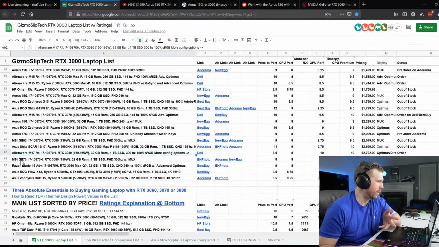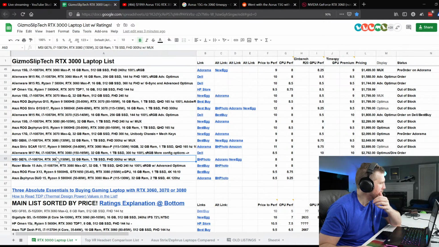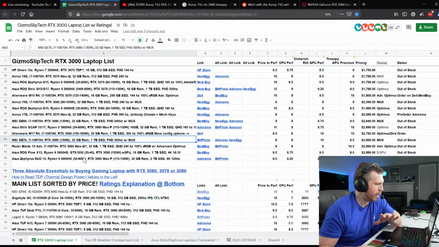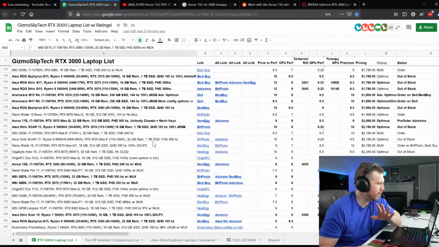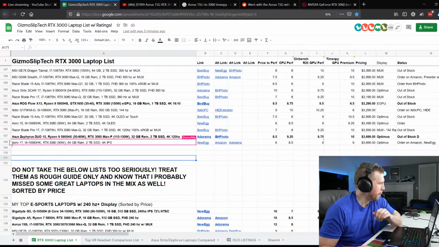The nice thing about the GE76 is that you do have a mux switch, so you can switch between the two. So if you're going for the most possible performance right now in a moderately thin chassis, these are the two best options. If you don't really care about how thick or thin the machine is, then going for something like this